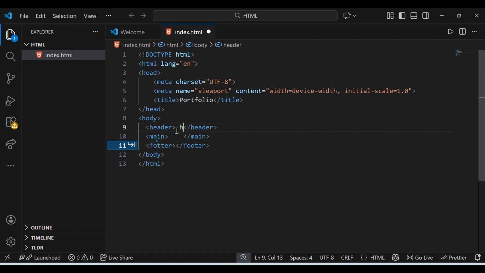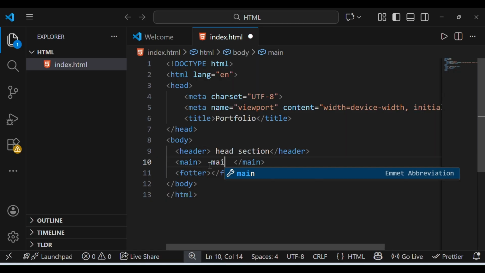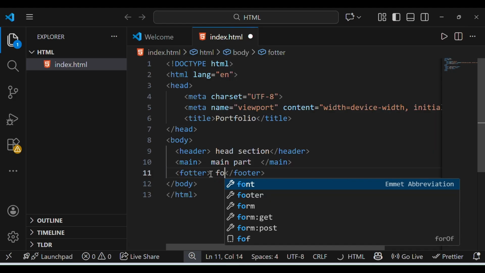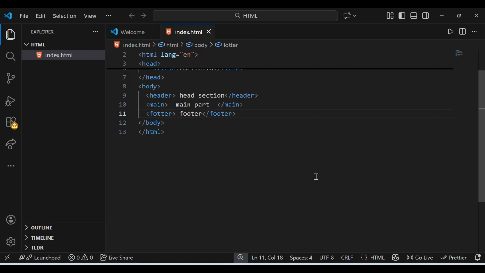Let me show head section. This is the main part, and the last one is footer. Whenever we open it with live server, then you might see that